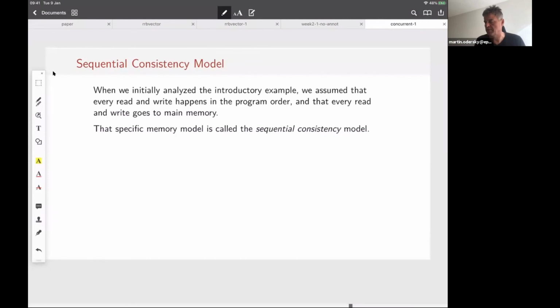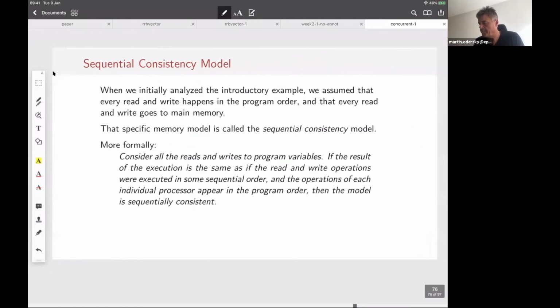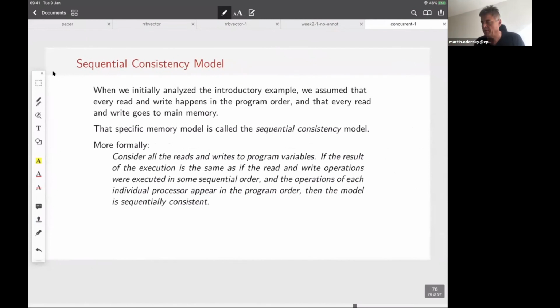So that's what the sequential consistency model is, and it makes a lot of sense. So formally, what we say is consider all the reads and writes to program variables. If the result of the execution is the same as if the read and write operations were executed in some sequential order, and the operations of each individual processor appear in the program order, then the model is sequentially consistent.